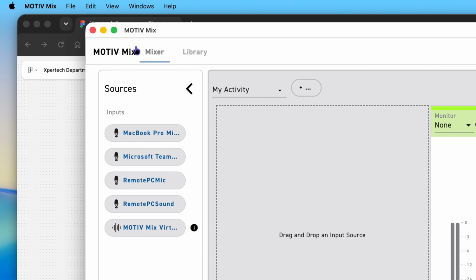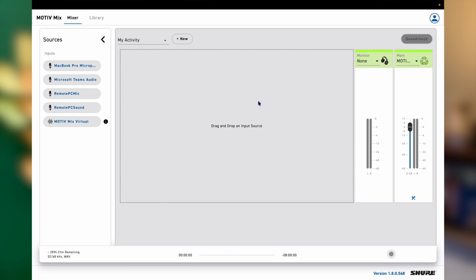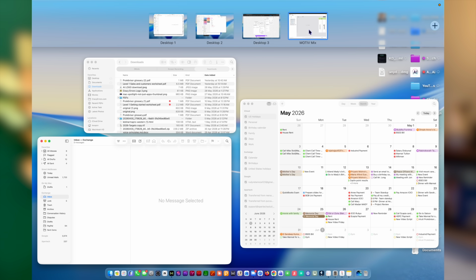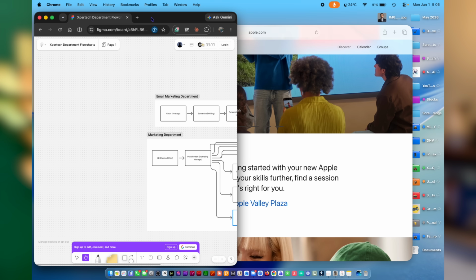There are 2 more things worth knowing, and a lot of you may already know them. If you move the cursor over that green button and activate full screen, that creates a dedicated desktop for that specific app instantly. However, if you wish to create a temporary desktop with split view, 2 apps side by side,